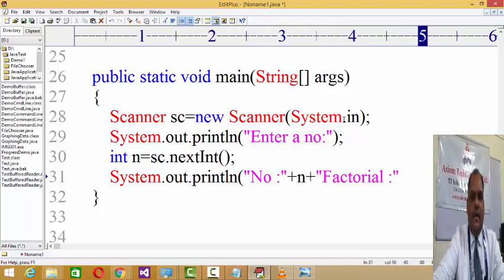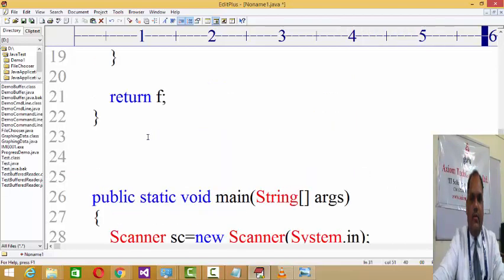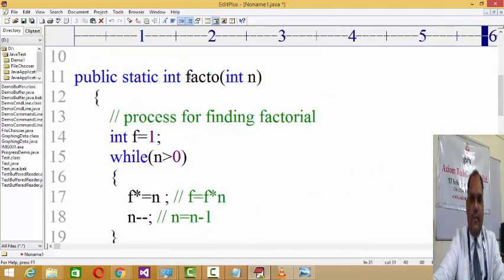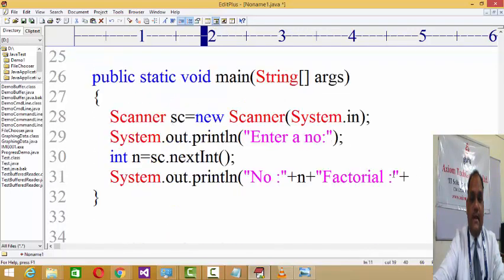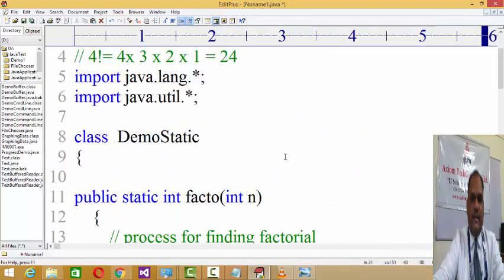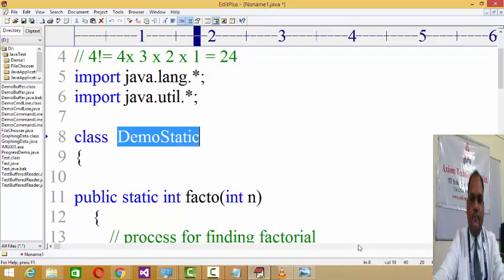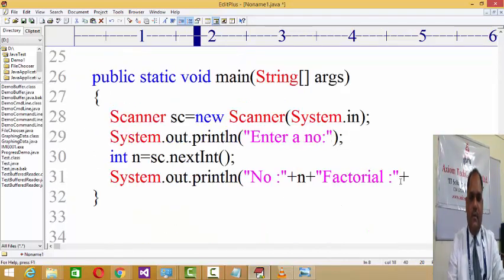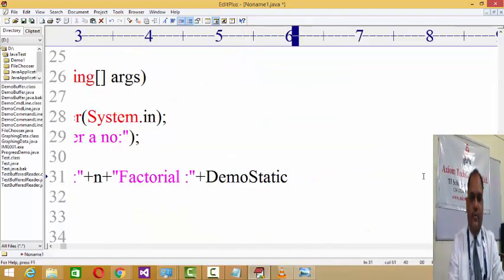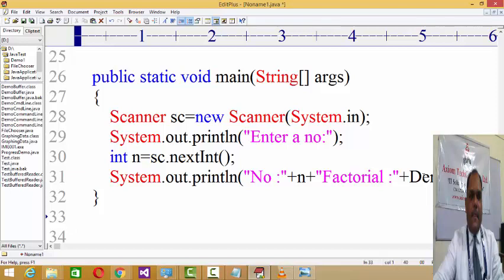Now I know that to find the factorial we have a method called facto, and it's a static type of method, right? As it is a static type of method, it has to be referred to by the class name. So I will write DemoStatic.facto and pass the value of n as an argument, right?